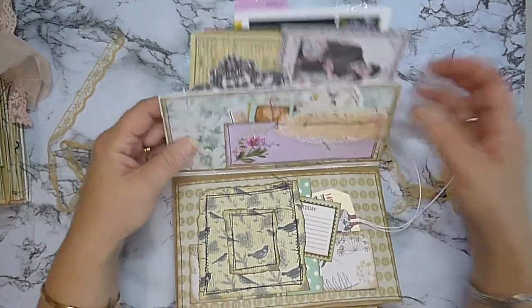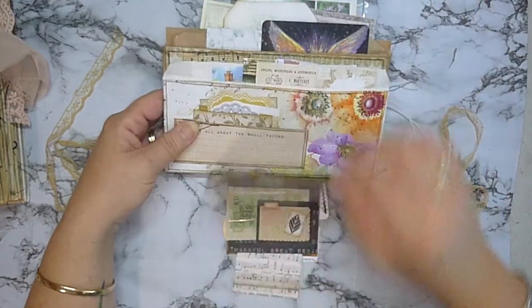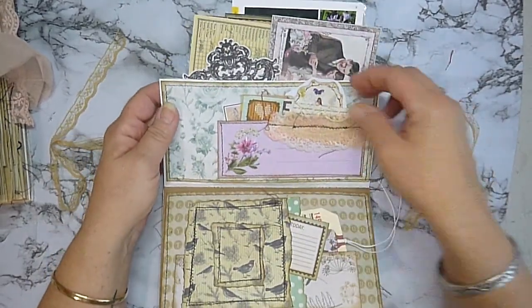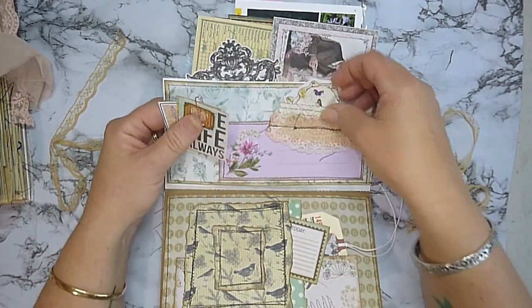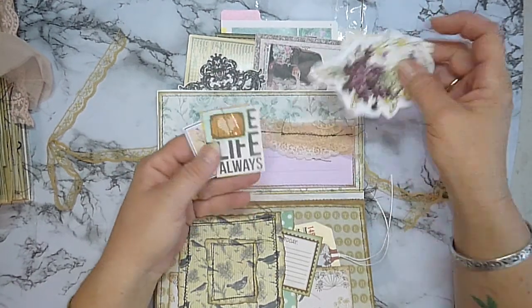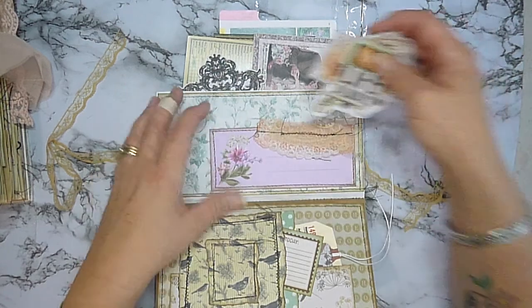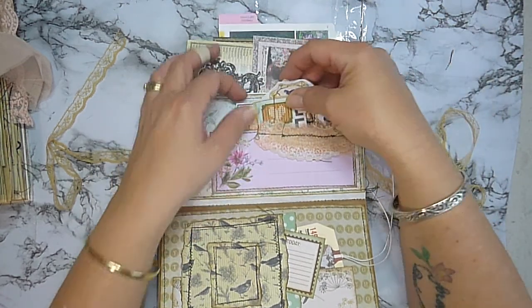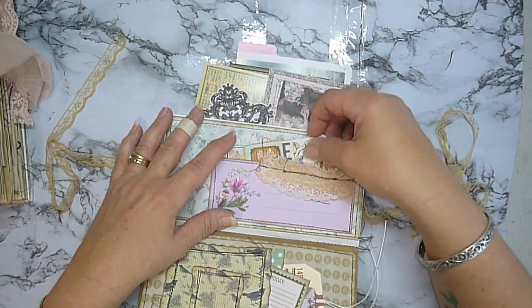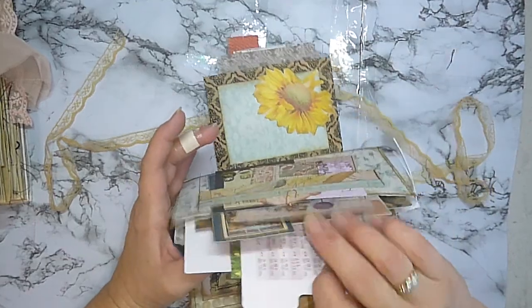Then we're coming, now this is like the middle bag, so now we're starting on the other sides of these ones in the front. Again, I've just made a little tuck spot there with a little journaling card, put a bit of fabric, and again just included a whole lot of little cut apart pieces that, you know, do look great if they're all layered up together on a page, an embellishment, yeah, for your journals. And then in that pocket there, I've included,